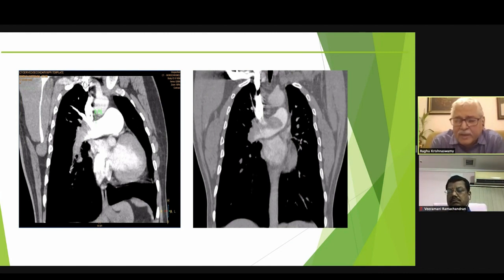And over the next 2 days, his workup showed that his D-dimer and IL-6 were all elevated, and CRP was elevated. His D-dimer came in the range of some 4,300.